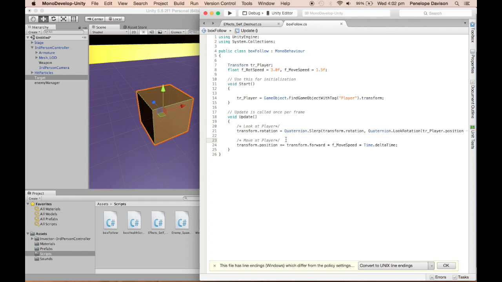A lot of the scripts I'm using are taken from either other tutorials or Unity's handbooks and things like that. While some scripts are written from scratch, others are just pieced together from what I can find and what I know. So if you are curious, I've also included a README file in my documents in which you can see where I've taken all these scripts from, in case you wanted to look at some of these source materials. In any case though, this is just a basic look at the player, move towards the player script, nothing that